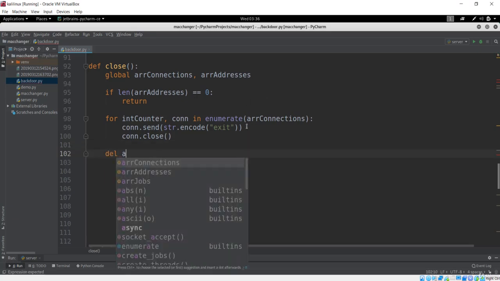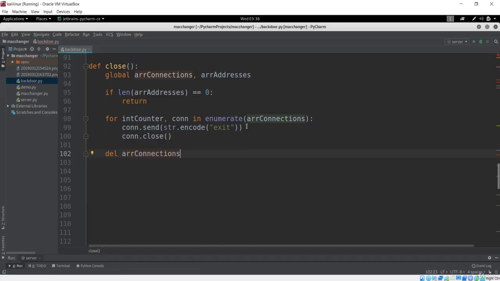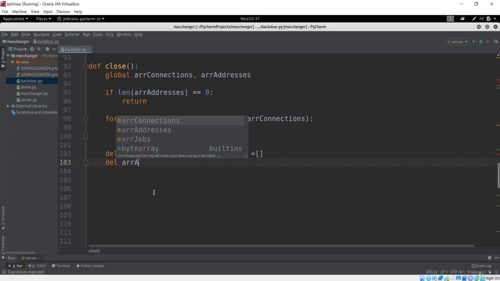So next thing is to delete everything. So we'll just delete array connections. We'll also delete maybe array of connections, and after that we'll just say this should be empty. So I have told you that before, this is the way to just make two statements in one line. So you can give one semicolon in order to indicate that this is the end of one statement and this is another statement. You can do it in the IDE too to check if this works or not. It will perfectly work, and I have shown you this in the basic section of Python programming. You can check in the variable section where I have shown you how to declare variables this way.